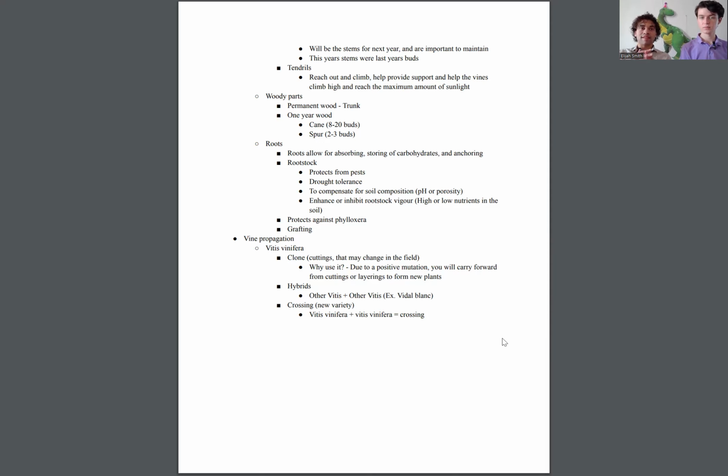If you clone, that's essentially taking your best producer from one grape variety of a Vitis vinifera. You're cloning it so that you have others that are performing in the way that you have enjoyed. So it's sort of based on mutations that the winemakers perceive as favorable. So if you have a really nice plant of Cabernet Sauvignon that you're growing in, say,